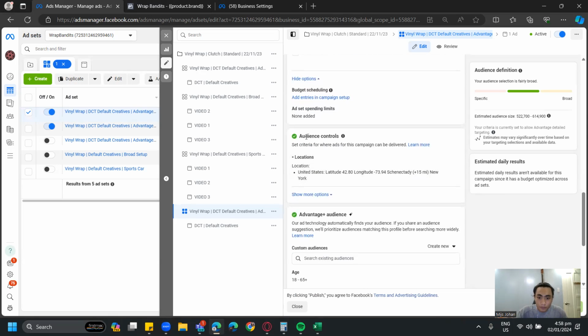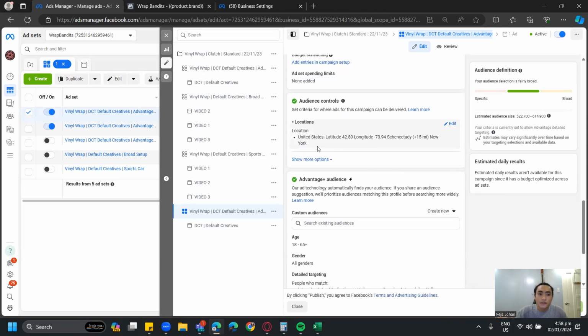Audience controls. Okay. For local business, especially for vinyl wrap, detailing, ceramic coating, where we have expertise, we recommend an area of 15 miles radius away from your actual shop. It might be lower. You can go as low as 10 miles if you're in a city where there's a lot of people, it's crowded, it's central. And if you are in the rural areas, you can go broader up to 25 miles. But ideally, we want to keep it between that range, 10 to 25 miles radius.